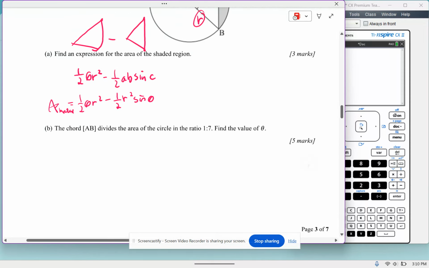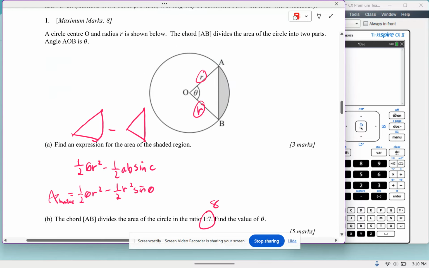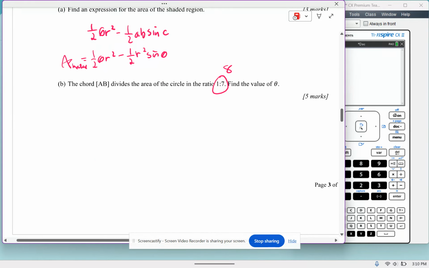All right. Then it says the chord AB divides the area of the circle in the ratio 1:7. If you have a ratio 1:7, how many parts do you have in total? You got 8, right? Because you've got 7/8 over here and then 1/8 over here. That would reduce to a ratio of 1:7. So when you set it up, the chord AB divides the area of the circle. This is the area of the circle,